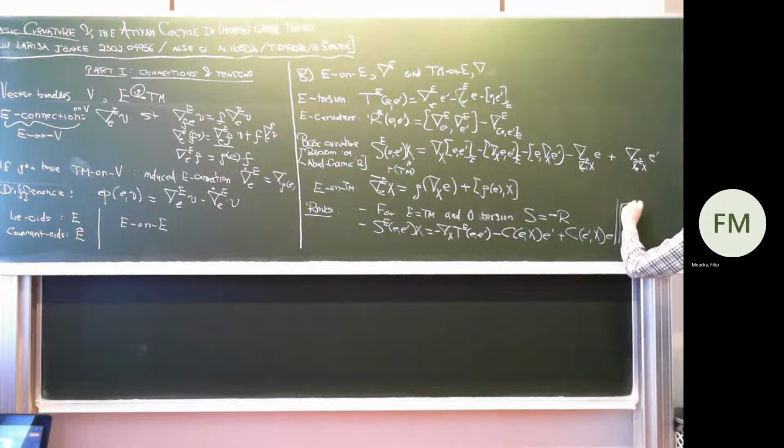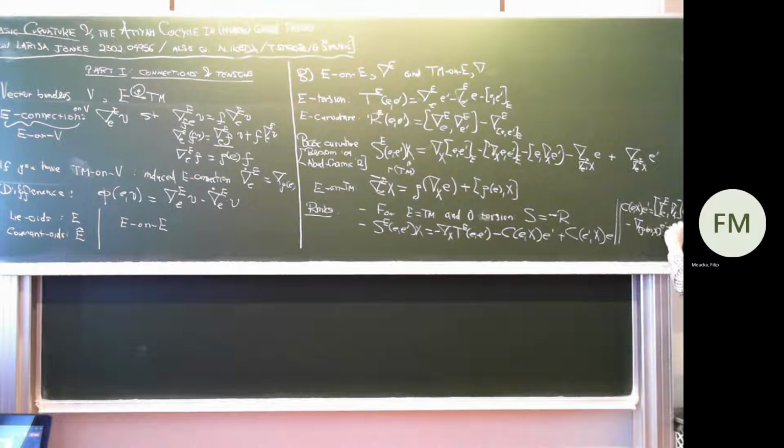So C E X E prime is the commutator nabla E comma nabla X E prime minus nabla rho E X E prime